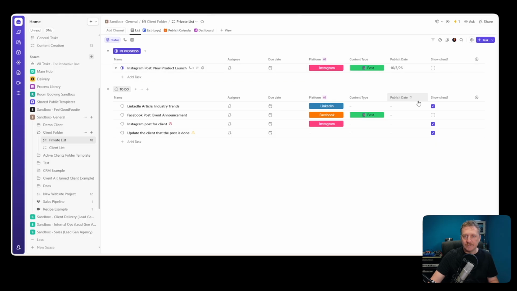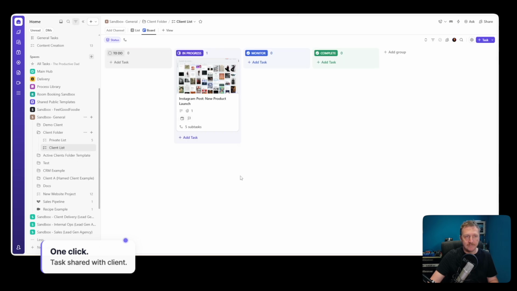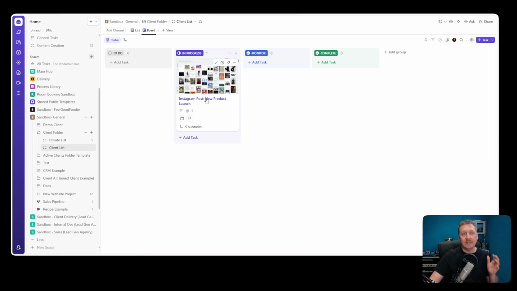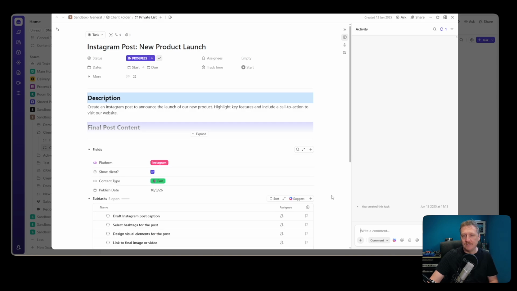Now what we want to do is we're going to click this show client button, and that automation will run, and this task is going to get added to the client list here. So we'll move over to the client list, and you can see the same task as here is in progress. The client can see this, they'll click in there, and they can comment, ask you questions, all that kind of